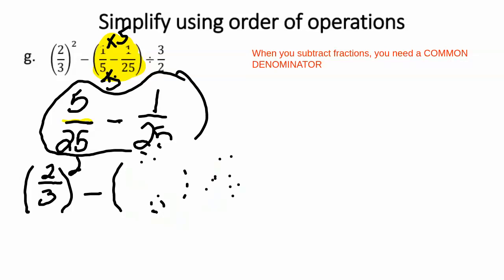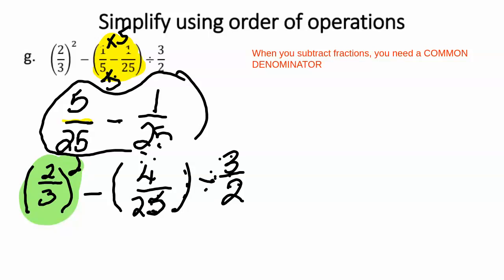This is 4/25 divided by 3/2. Next thing is this exponent. Well, this exponent happens to give me 4/9